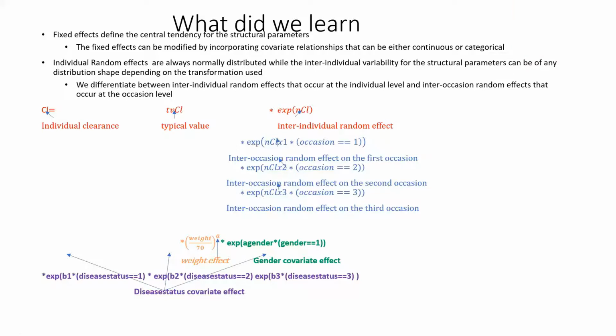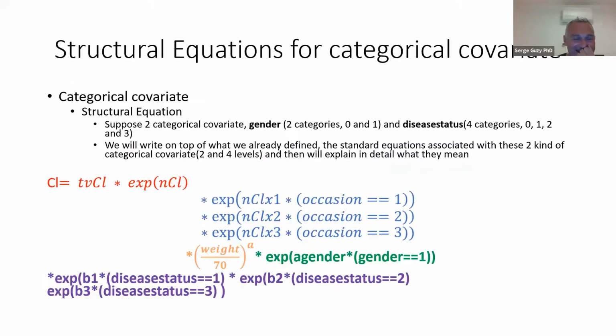Next question. Thanks, Serge. Yeah, we have one question from Vishal. So with regards to the disease status, how does the program estimate the values B1, B2, and B3? Okay. Okay. You asked a tough question because now we have to go back. What's basically what the program is doing? Let me explain you